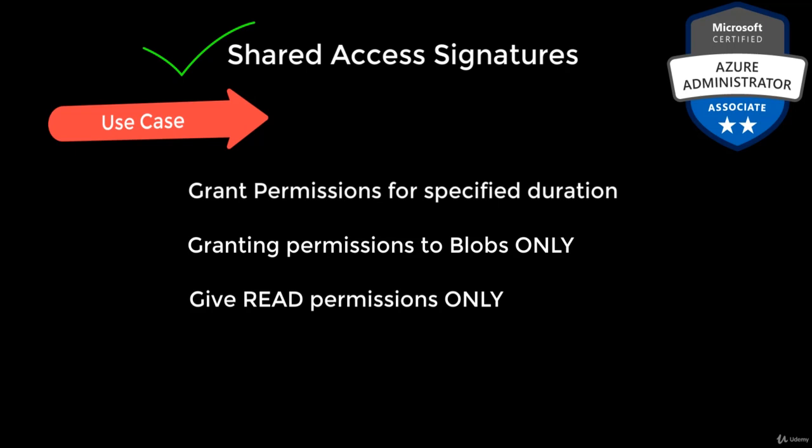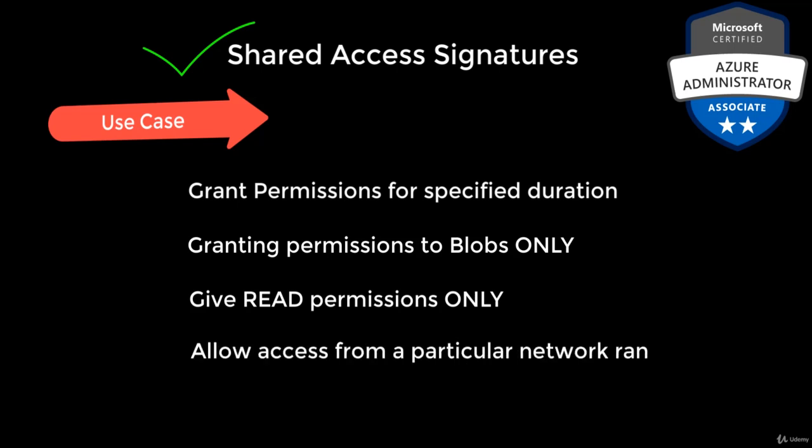So you can grant granular permissions to blobs, files, queues, and tables, and define the start time and expiry time. You can also define how much access you want to give, like read, write, delete permissions, etc. Now this next one will be like the cherry on the cake. You can also specify an IP address or range of IP addresses from which Azure storage will accept the SAS. For example, you might specify a range of IP addresses belonging to your organization. You can also specify more secure parameters, like enforcing the developers to use the HTTPS protocol only to connect to your